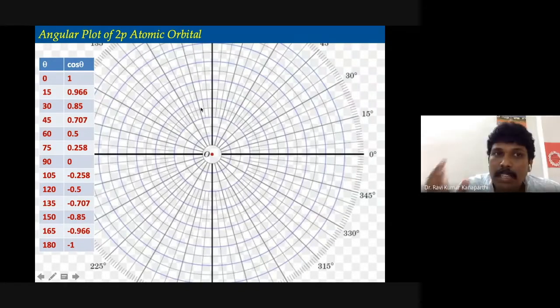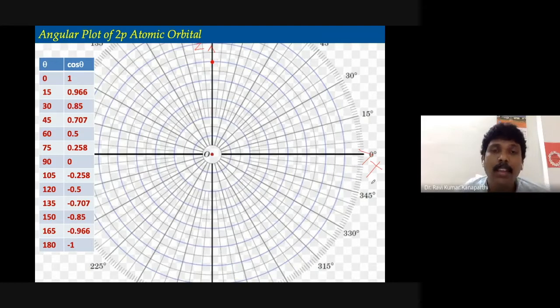Now how do I do that? Please remember always how theta is defined. Theta is the angle which the point makes, when you join the origin with the point, it is basically a line, and what is the angle that this line makes with respect to the positive z-axis? According to our coordinate system, this is our z-axis, this is our x-axis, and the other direction is the y-axis. That's how we have defined it.